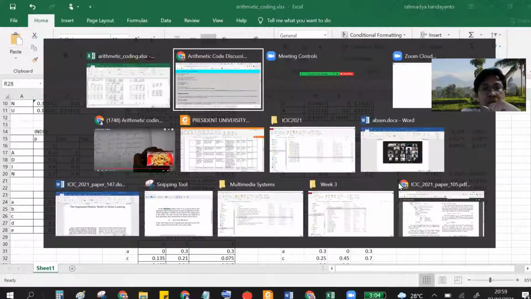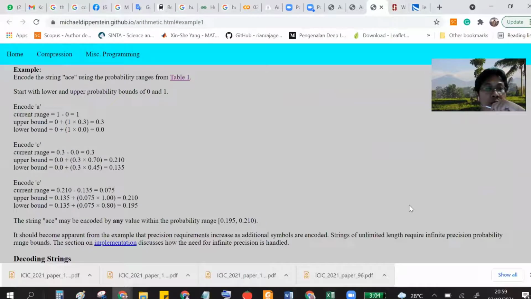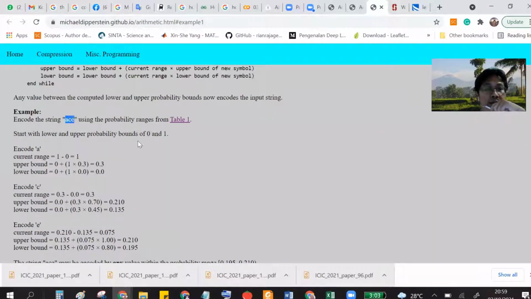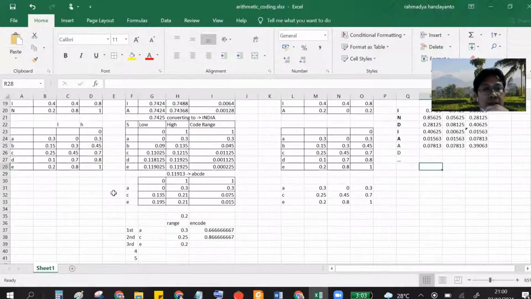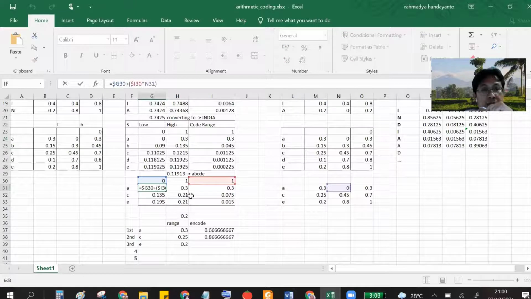You see from the example here, for example, I want to encode ACA. So I should create the table here for ACA, and then we do the same thing using this probability with the lower end and higher end, and then use similar calculation here.